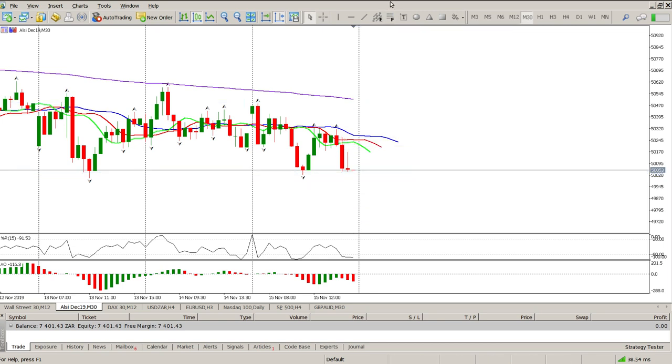But I'm also cautious of that because look at this. In the alligator, we can't get through, and then the seller stepped in towards the close, driving it back down. So I'm very cautious at the moment. We're going to have to see some